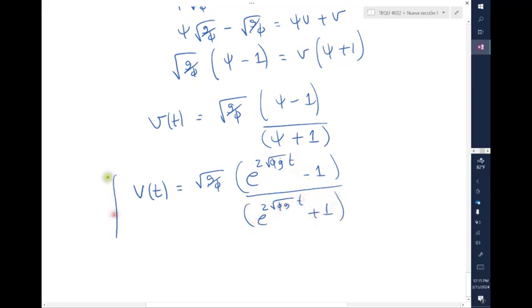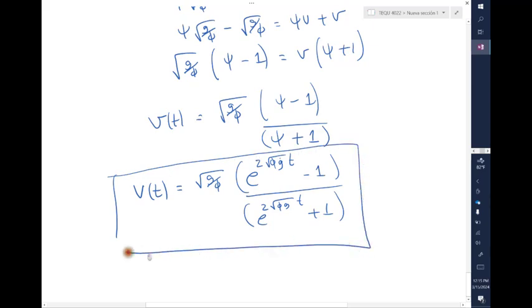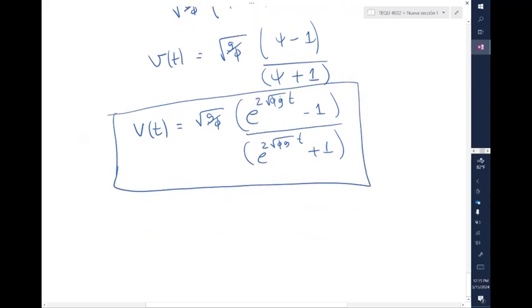And here, my fellow people, is the equation that we were looking for, that we can easily plot now for whatever